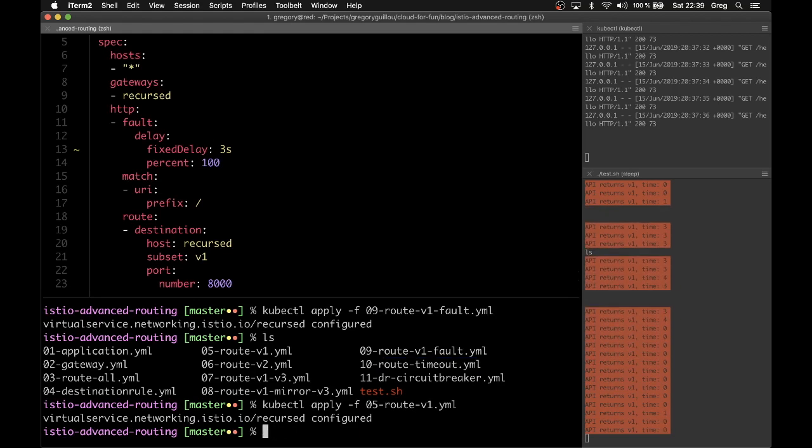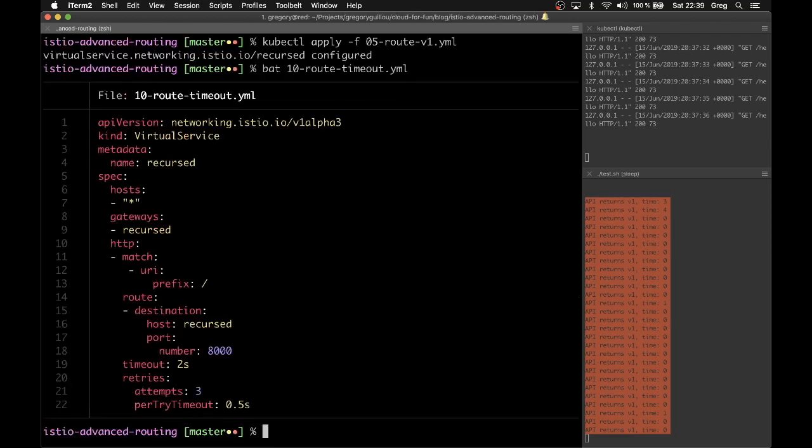What we'll do, because we have a version 2 that has a small delay, and we don't want to have response times that are bad, we will just put a timeout of 2 seconds on this one, and what you'll see is that if we apply